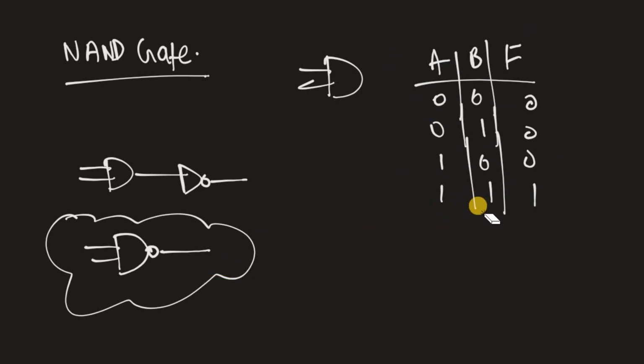And what about the truth table? For the AND gate, like I said, if both of them equal 1, then it equals 1, right? So it's just going to be the inverse of it. Every time both of them equal 1, it's going to give you 0, and the rest of them become 1 1 1. I hope it makes sense. It's simply going to reverse the original truth table you had. Every time you had 1, it's going to make it 0, and every time you had 0, it's going to make it 1. So the logic behind it is simply because in the AND gate we have